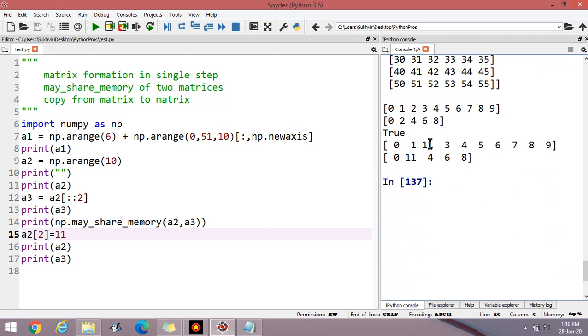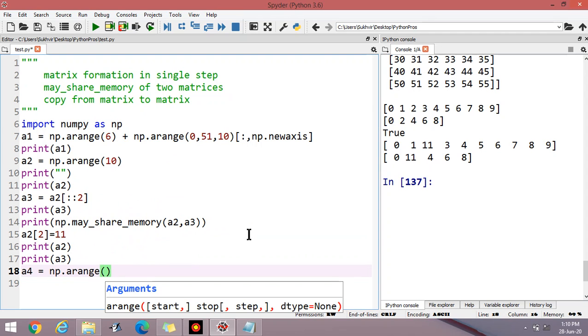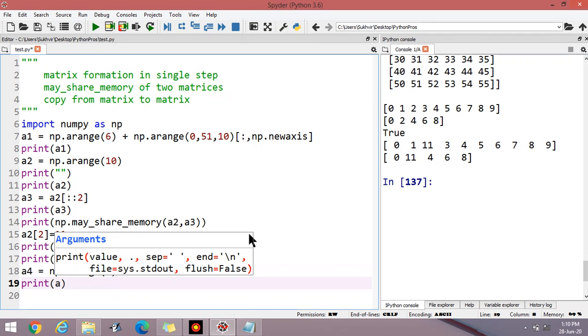Hope you understand the content of may share memory and how to change the values. Now the last one is copy from matrix to matrix. Suppose A4 is np.arange(5), print A4.